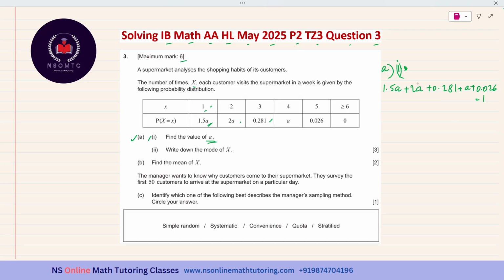So this is 2A, this is A, that means 3A plus 1.5A is 4.5A